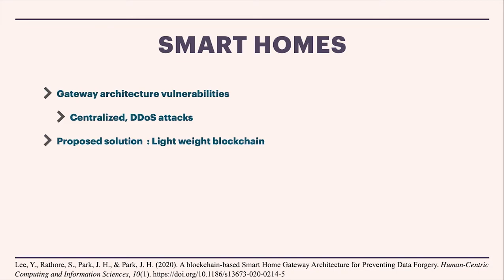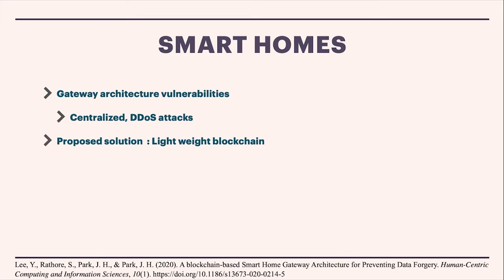Currently, there are security vulnerabilities within smart homes. Smart homes generally revolve around a centralized gateway architecture, which has vulnerabilities where people are able to capture unencrypted passwords that are left on the network, and also DDoS attacks happen when one person corrupts one node and the node therefore sends bad information to the other nodes in the home. And when I say nodes, in this case, I mean things like refrigerators, thermostats, generally the IoTs that make up the smart home.